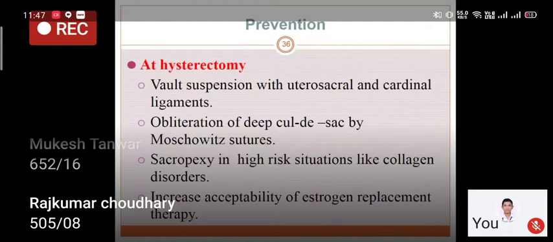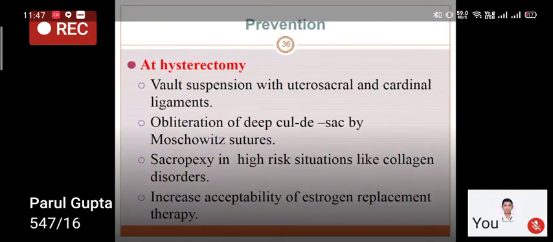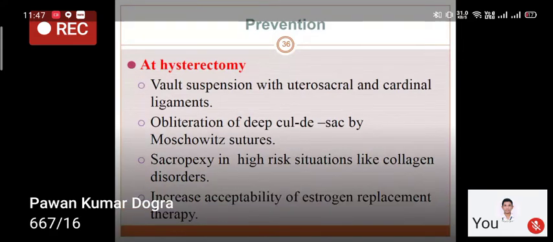Then, what can be done during hysterectomy for prevention of vault prolapse? Always, when you are doing hysterectomy, the vaginal vault should be suspended with the uterosacral or the cardinal ligaments. Even if you are doing total abdominal hysterectomy, whether laparoscopic or open, or a vaginal hysterectomy, the vault of the vagina should be suspended with the inherent support of the uterus, that is the uterosacral ligament and the cardinal ligament. And if there is an enterocele before hysterectomy, seen as a deep cul-de-sac, then it should be obliterated during any